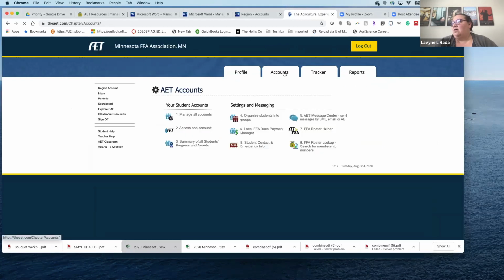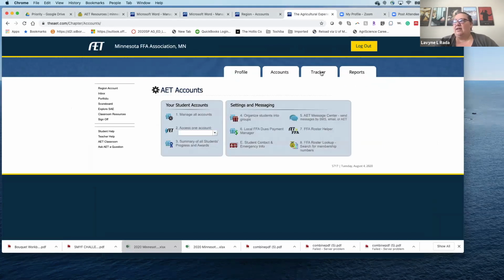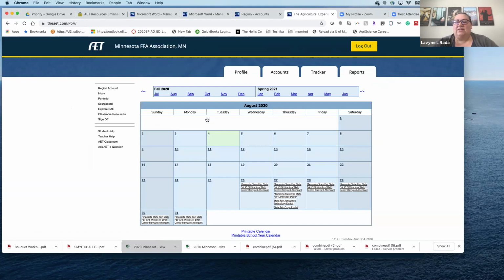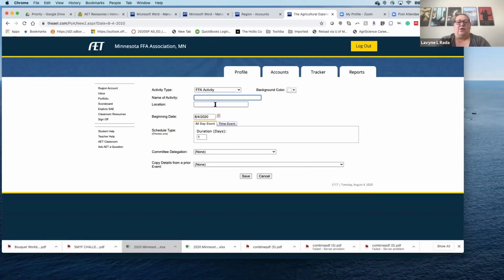So under your teacher login, if you go to tracker, you can find the calendar, which is your program of activities. And so if you click that, you can see the different months. So anytime that you want to add a new event to your calendar, you can just click to the date that you want. So for example, let's look at today's date and we can put in